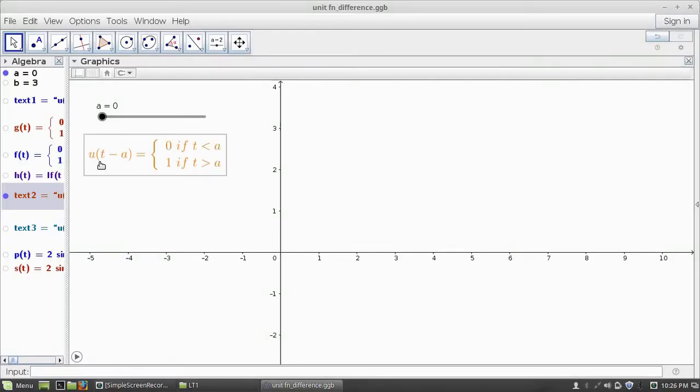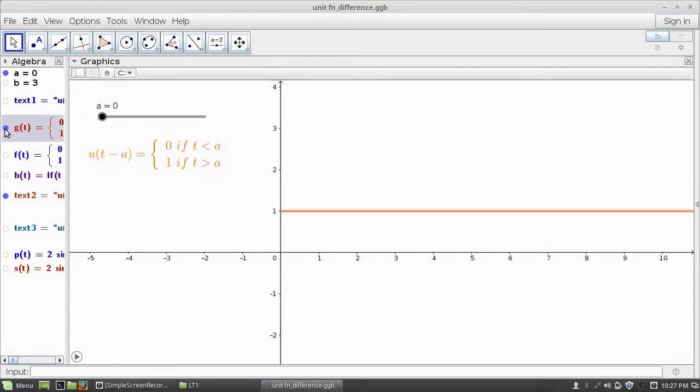So the definition of the unit step function u(t minus a) is equal to 0 if t is less than a, 1 if t is greater than a. At the start we set a equal to 0 and look at the graph of the unit step function. Suppose we are changing this. The unit step function changes to u(t minus a) for different a values and the function is translating to the right side. When a is equal to 0, we have u(t minus 0) or u(t), and it is simply the constant function 1 for t greater than 0.